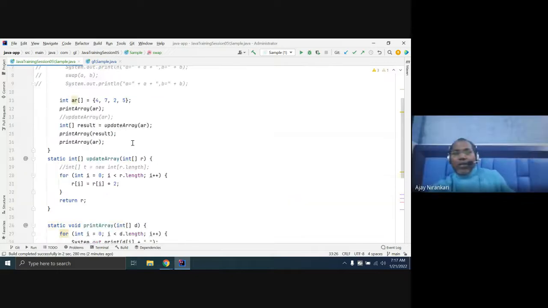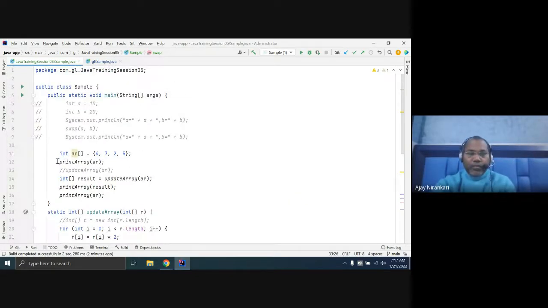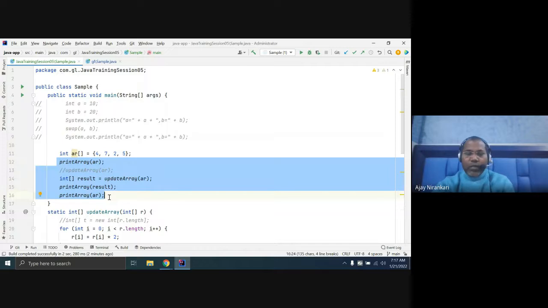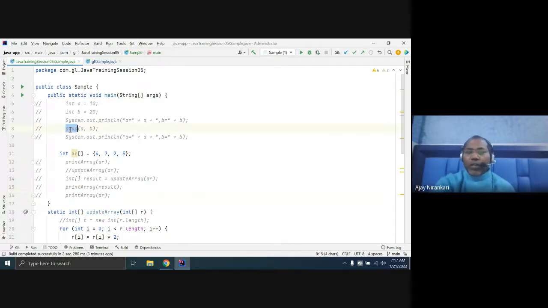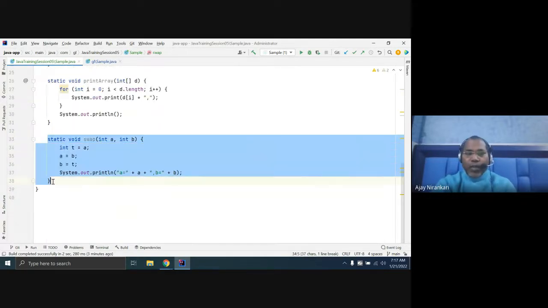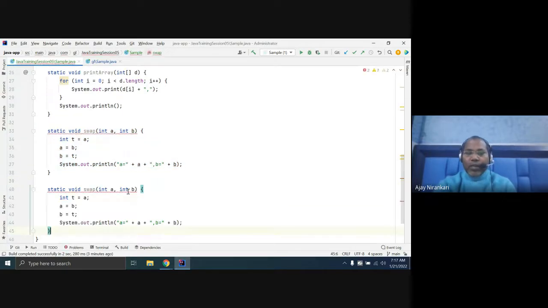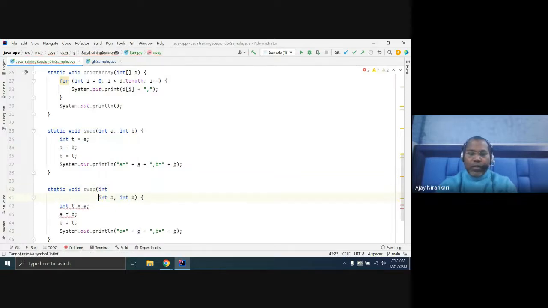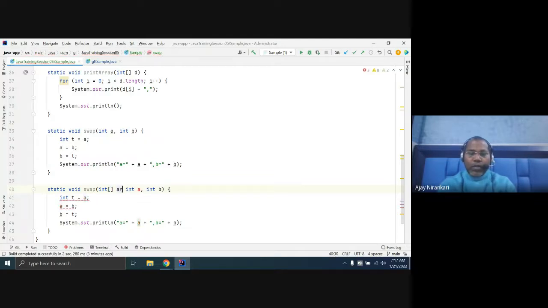Let us look. I just commented it out for one second so that you are aware that swap does not always work for primitive data types. You can always write a swap function for array positions. Just like in the last section, we wrote this for an integer array. You might remember that this is the way we have written the code.